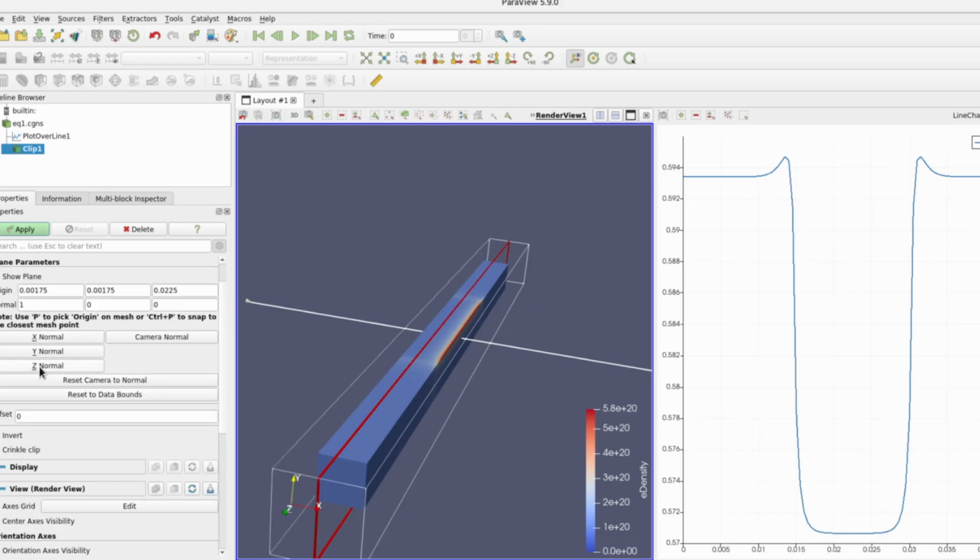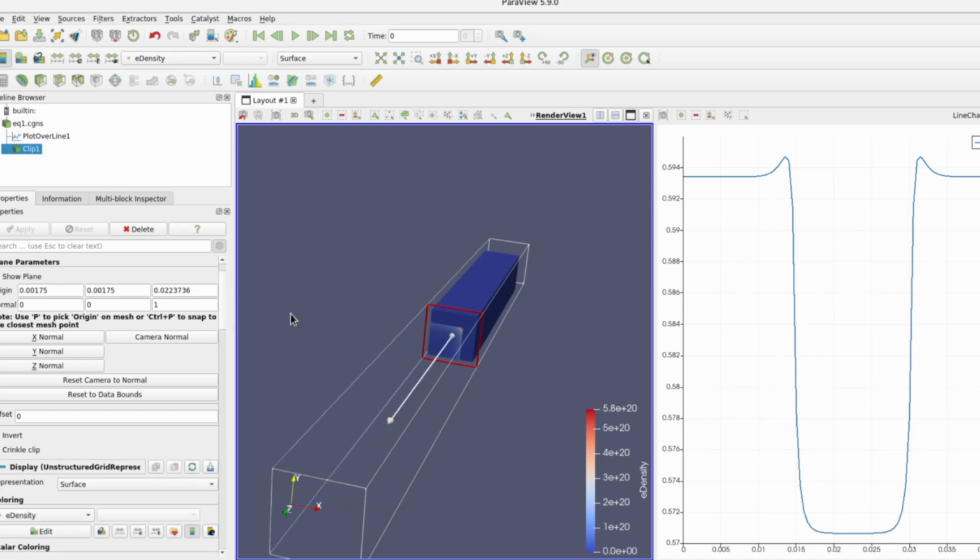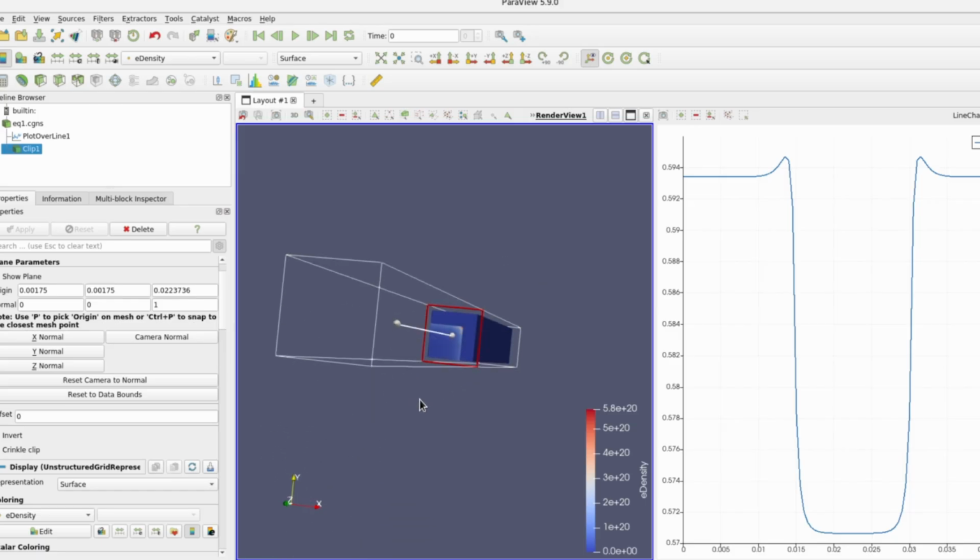So let me just do it once again by clicking G normal. And also you can change the position of the actual clipping. But anyway, select any one here. Then let me click apply. Then now you can see that